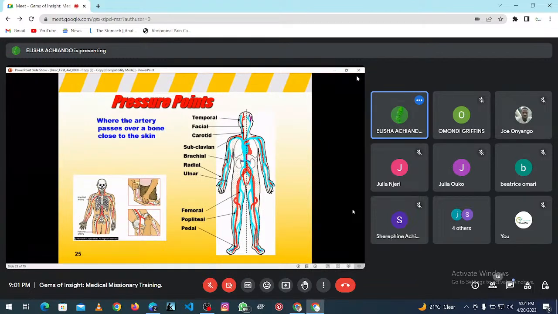This is more in the cardiovascular system, but it also helps you to know where your pressure points are. In this picture, the pressure points are elaborated enough. So even as you press on a bleeding point, what are you targeting? You are targeting the veins, the capillaries, though not much, and you're also targeting mostly the arterial blood. So even as you apply pressure, know the pressure point you are actually targeting.